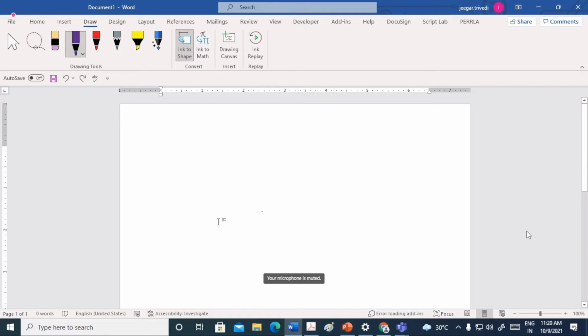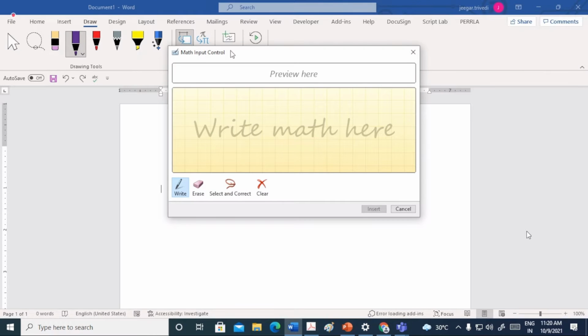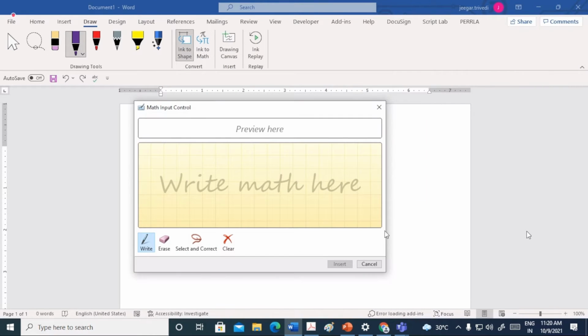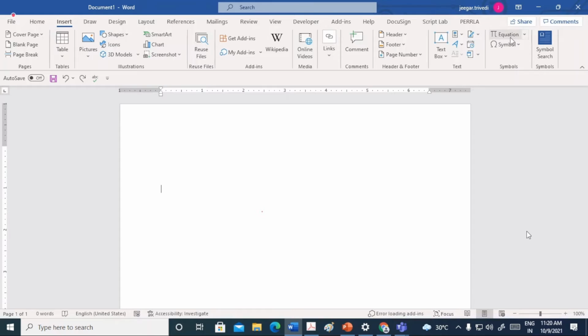Other than that, another important feature is Ink to Math. The one that we have seen was Ink to Shape. If I click this Ink to Math, it opens a pop-up window, and if I want to write any mathematical formula, obviously you have something called Insert Equation.